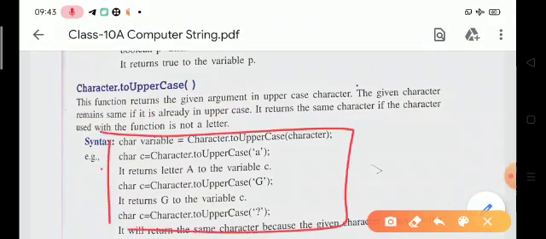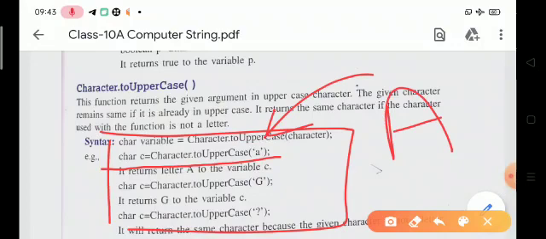in this example, char c is equal to Character.toUpperCase of small a. Here we use the Character.toUpperCase function, so it returns capital A to the variable c, converting this lowercase character into uppercase.